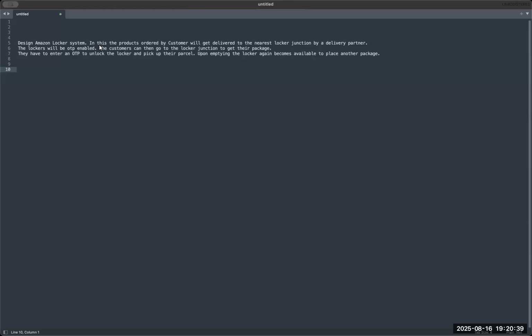Today we will be discussing one of the very important low-level design problems that is asked in interviews at Amazon, Apple, Nutanix, and many other top companies. The problem is to design the Amazon locker system. So the problem statement is as follows. You are to design the Amazon locker system where customers